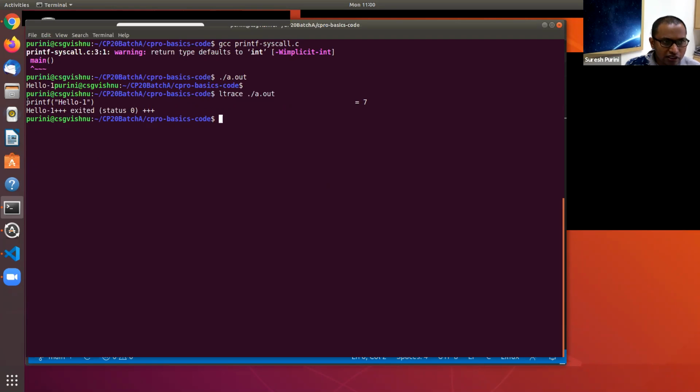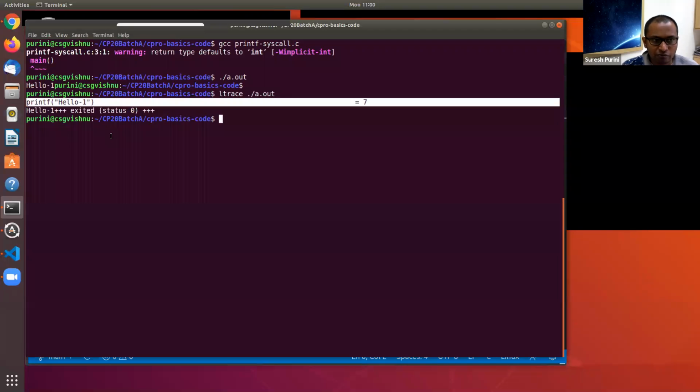The second output is the output of the ltrace program. It is telling you that you are calling the printf library function with this string hello-one as the parameter, and the printf function is returning 7. Why is it returning 7? Because it is printing 7 characters onto the screen. Hello has 5 characters, dash is 6, and 1 is 7.